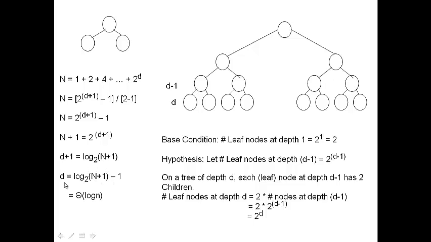So log of n plus 1 to the base 2 is theta of log n, and we have just negative 1, so you can write the whole thing as theta of log n, right? So that's why the depth of a binary tree of n nodes is theta of log n. Okay,